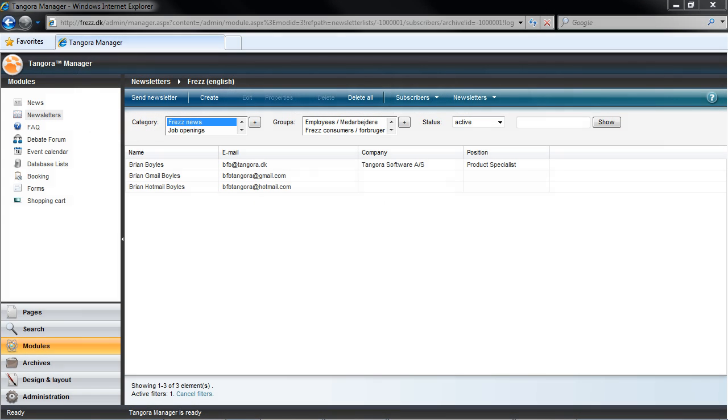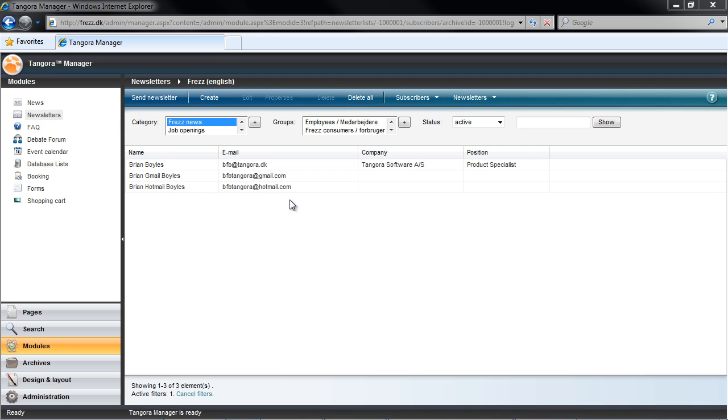In this video, we'll be looking at what happens after we send a newsletter. Specifically, we'll look at the data that we have about the newsletter that's been sent and the statistics that are collected. In the previous episode, we sent a newsletter out to a group of subscribers, which we selected by category and by using a SmartView filter.